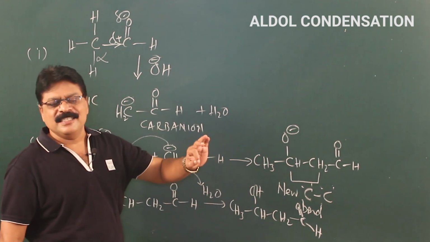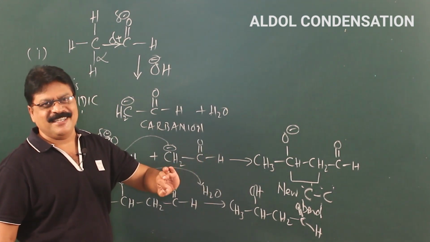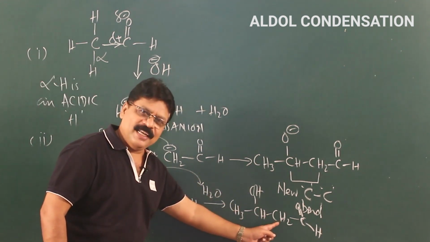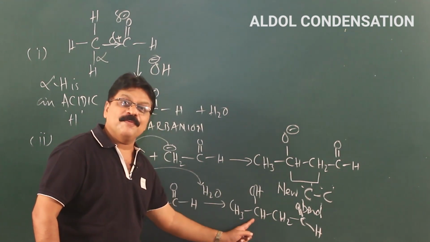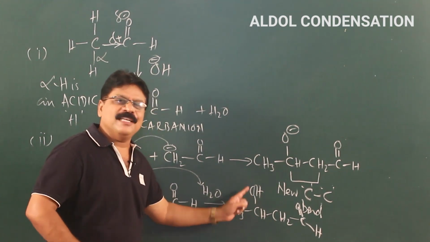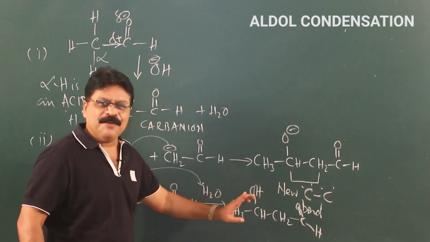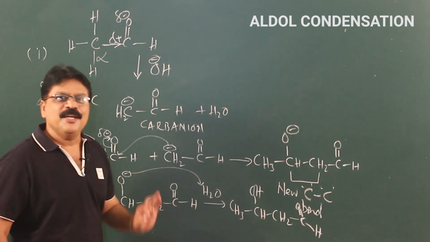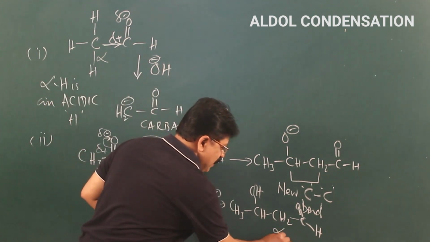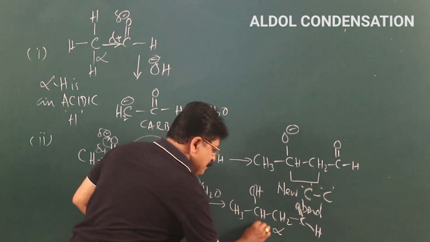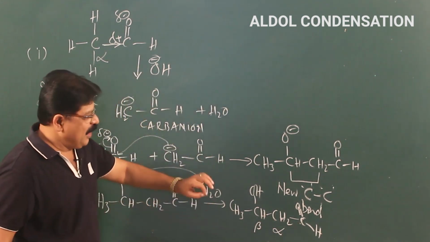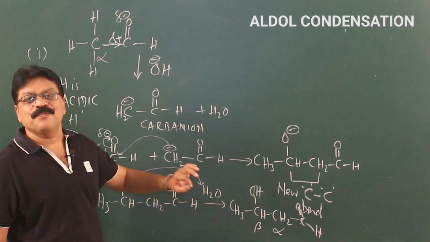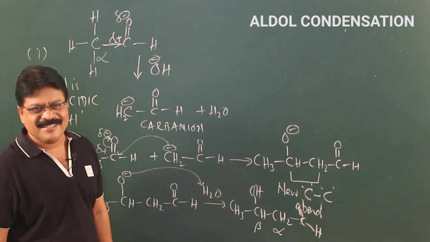So, one thing is sure in an aldol condensation reaction. What is that? The alpha carbon of one aldehyde forms a new carbon-carbon bond with the second aldehyde's C double bond O, which later on becomes OH. Therefore, it is an established fact that the position of the OH is confirmed. It will always be, because if this is alpha with respect to this, then this is beta. So, an aldol condensation reaction always results in the formation of beta hydroxyaldehydes.